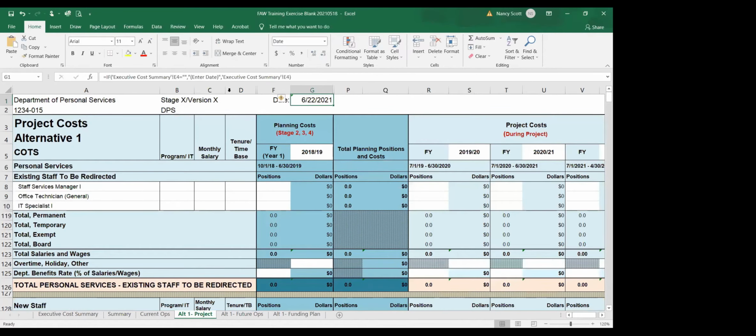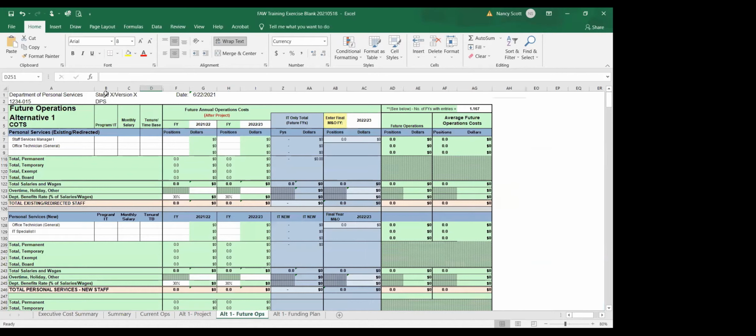More likely it would be helpful on your project alternative 1 or your future ops. So you would know, okay, this was related to stage 4, or this related to stage 3, or this was related to stage 2, this particular version.